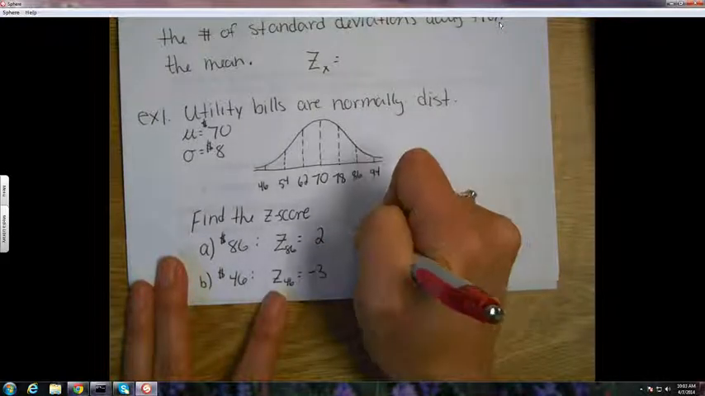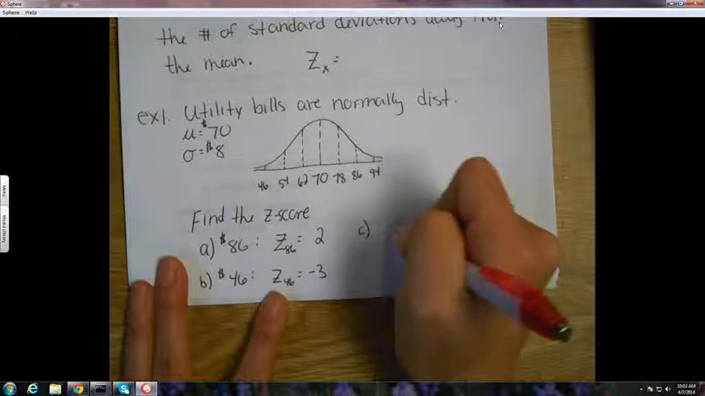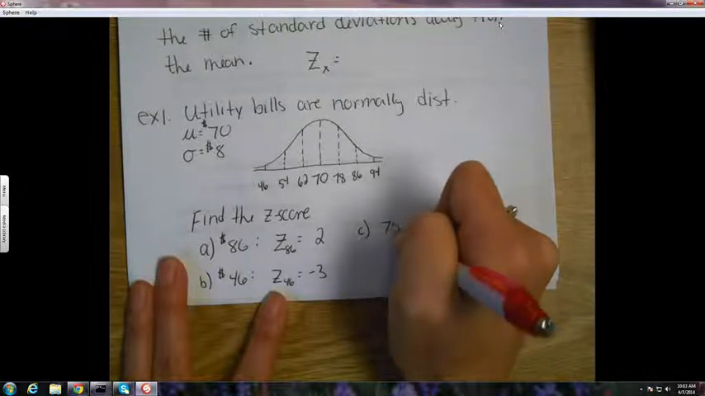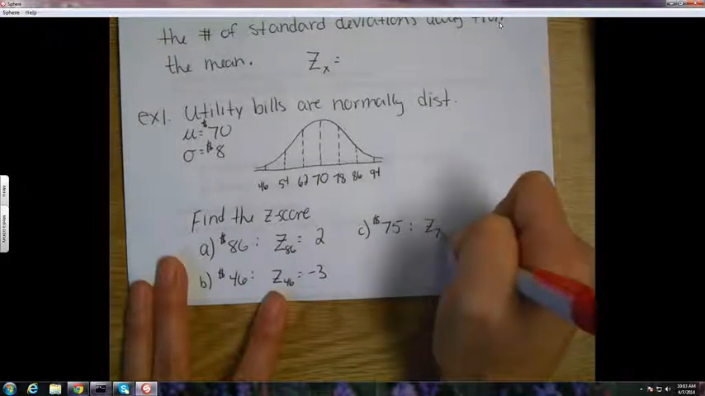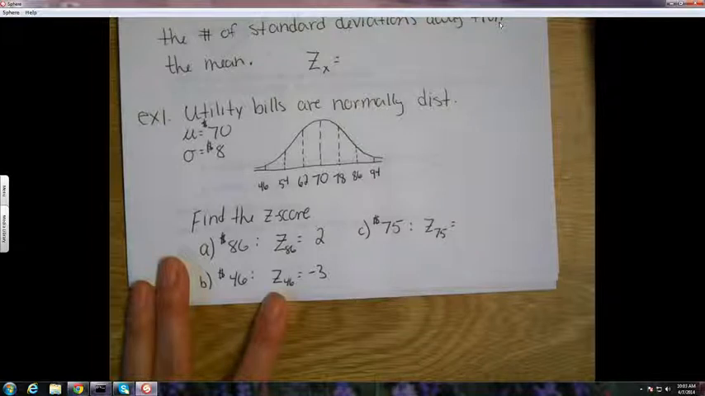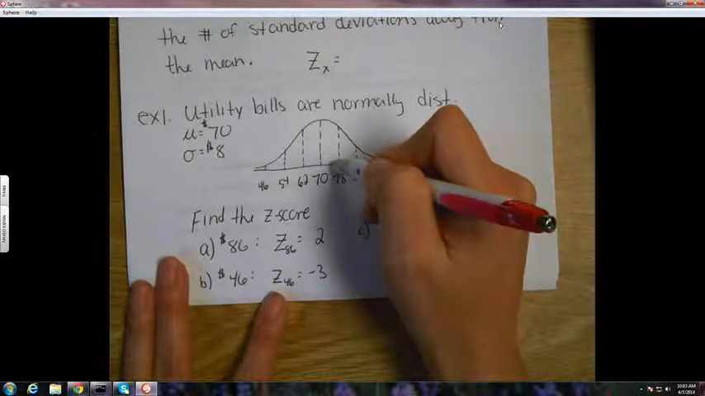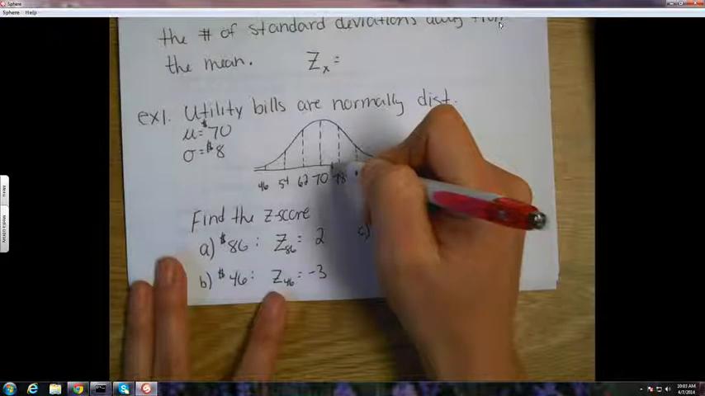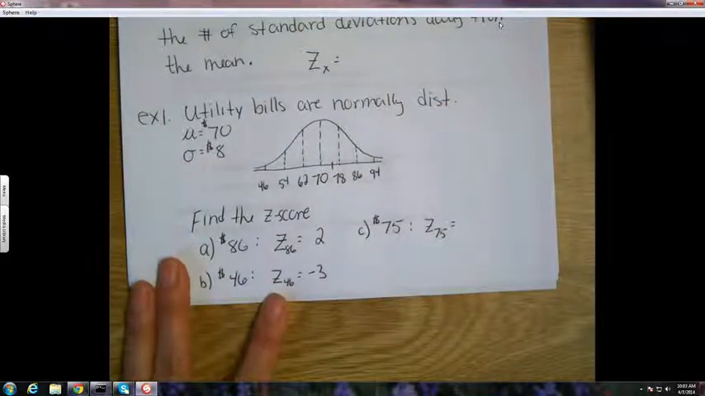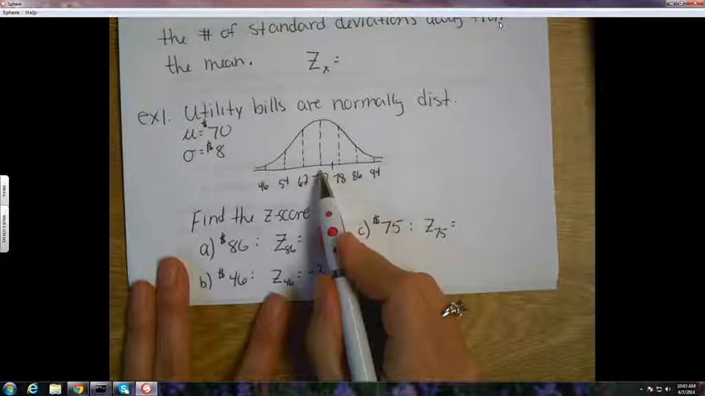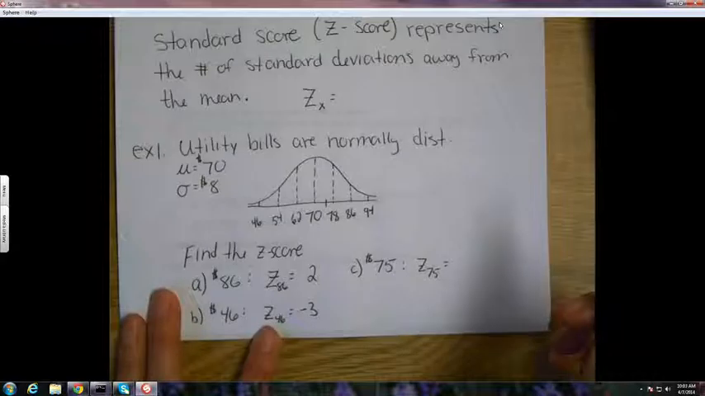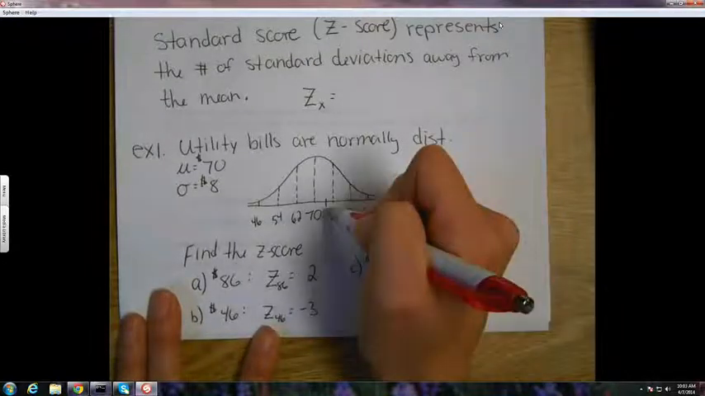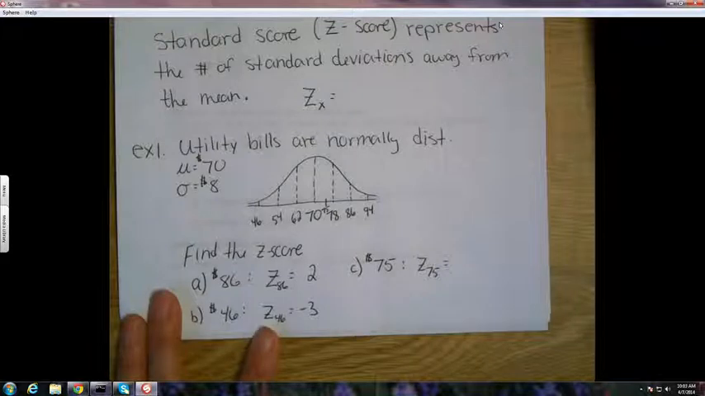What if I gave you a bill of $75? You can see it would fall in here. So it's less than 1, but this is where the formula is coming in. How do we figure out how many standard deviations above the mean that is? By using the formula I didn't give you. What are you going to have to do? Do you think? Subtract something. Take your x value